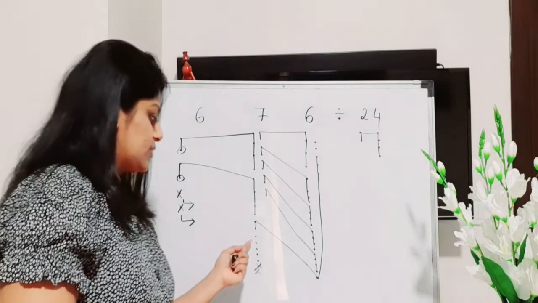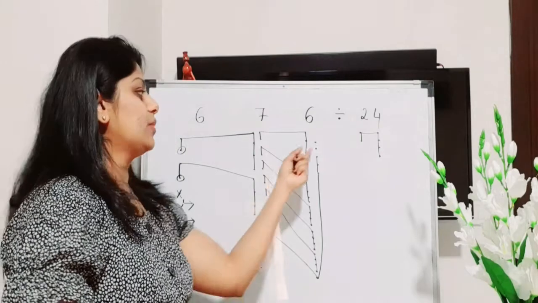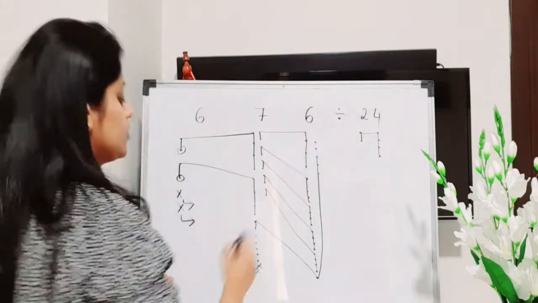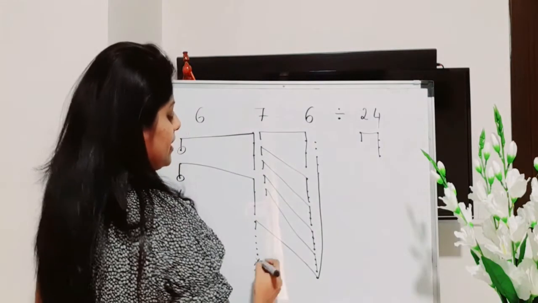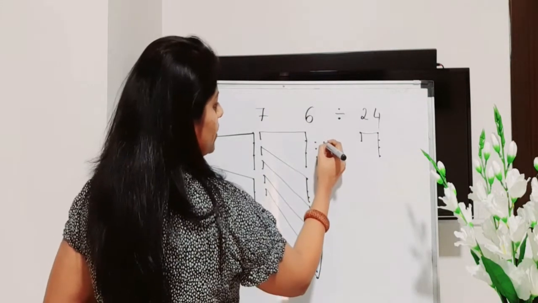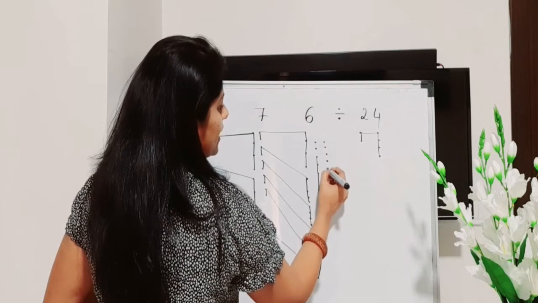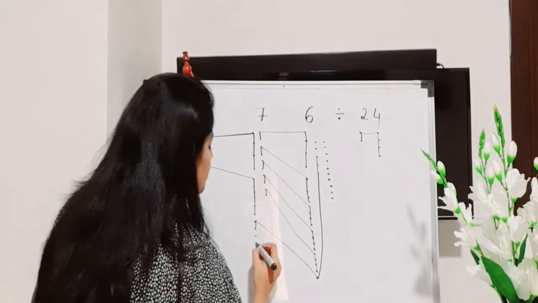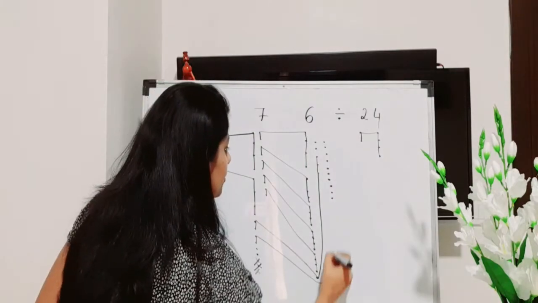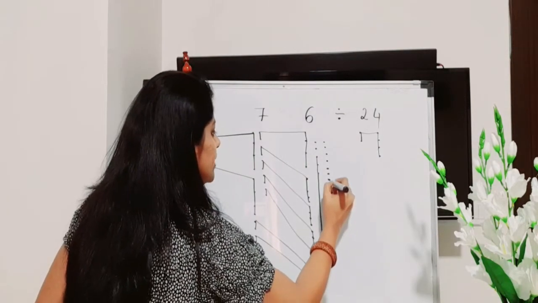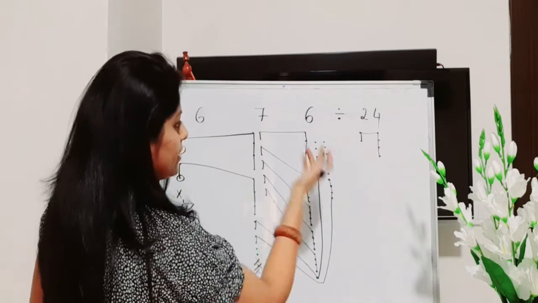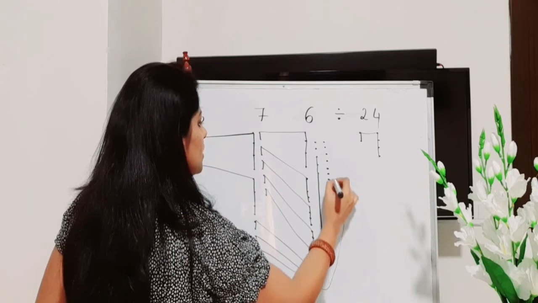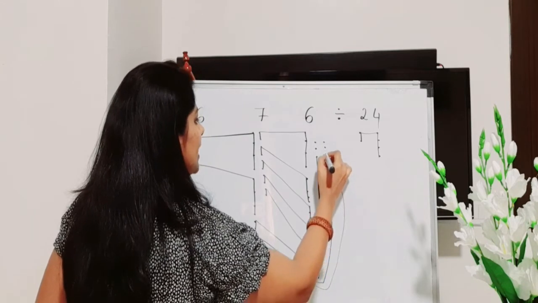Next you can check. Yes, we have 2 dots in the second column, but we have only 2 dots in the third column. We need 4 dots, correct? So what we will do? Again cancel 1 from here, give it to the next column. So here we will get 1, 2, 3, 4, 5, 6, 7, 8, 9 and 10. So therefore 2 dots here and 4 dots here. So 1, 2, 3, 4 here. Again 2 here and 4 there. Yes, we do have. So 2 here and 4 in this column. So 1, 2, 3 and 4.